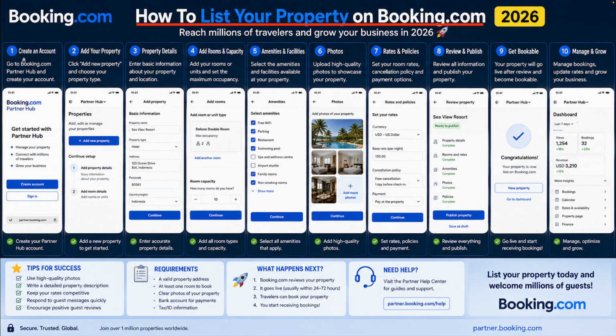So the first thing you want to do is simply go ahead and create an account. Open booking.com and click on create account. Make sure that you are in the partner hub. You can go to partner.booking.com directly, and then you want to simply go ahead and click on add a new